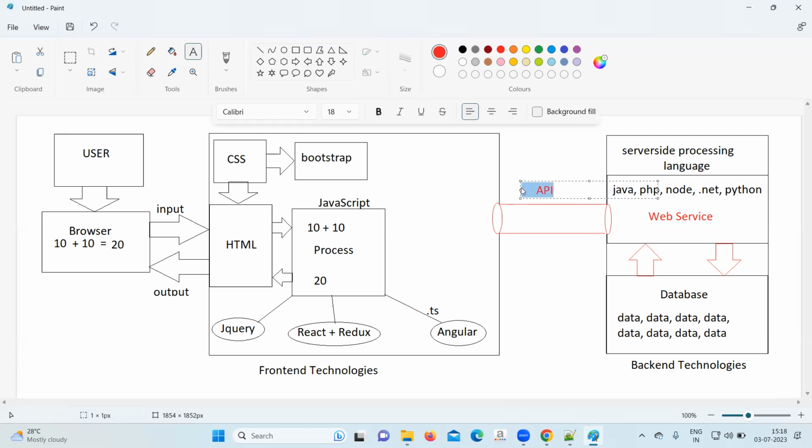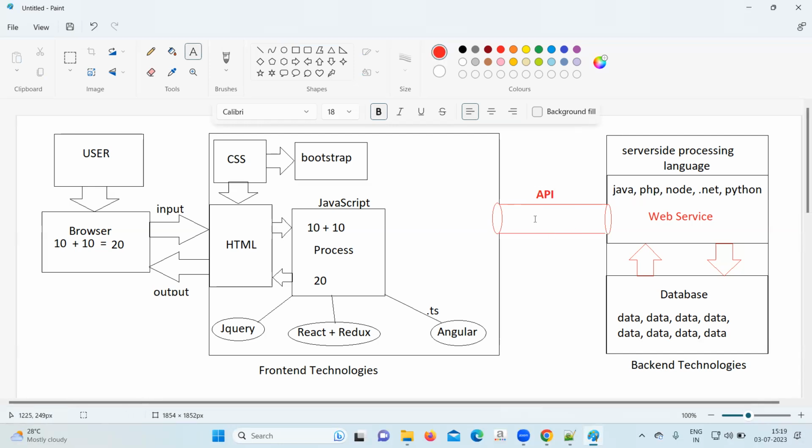Okay, if you ask the full form, you will get confused. It's called the application programming interface. That will not make any sense as of now. Only after implementing will you come to know, okay, this is called API. Now, this bridge that I have made, this bridge is called API. In this bridge,